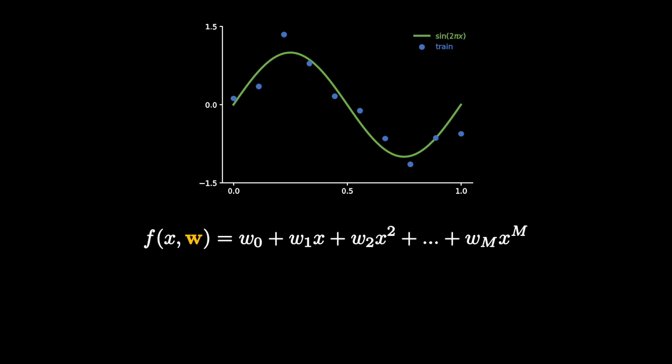Based on similar arguments, we can also include terms of higher order than just the square of the independent variable. For example, we can include the cube of our independent variable as well. Therefore, a more general representation of our model could be written like this, where the symbol m indicates the maximum degree of order that we want to include. This is yet another formulation of the above model, but in a more concise form.